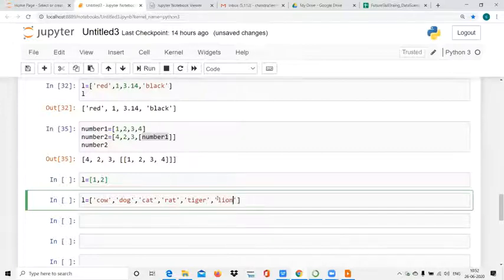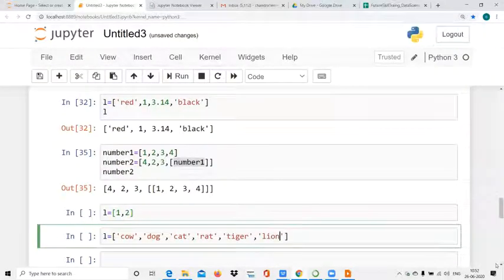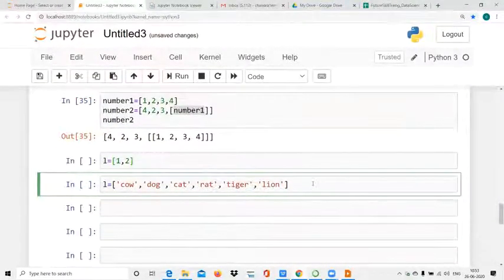So how to access the element of this list? That is by indexing. What is the indexing? Indexing will start from 0.